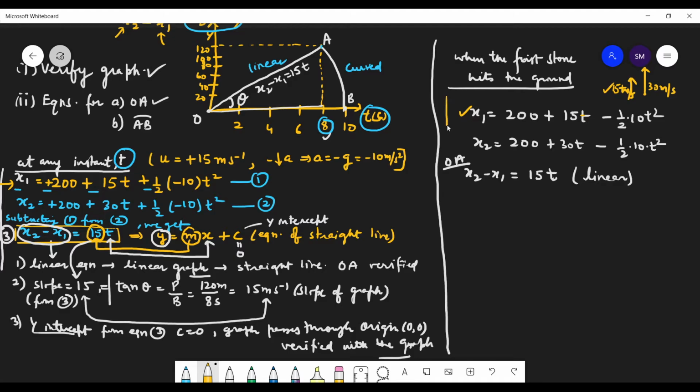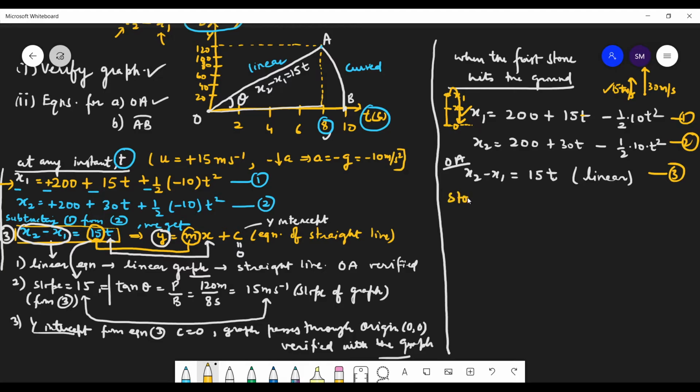So we have taken this as 0, this as x0, and this as x1. So that's the position at time t. So I want it on the ground. When it is on the ground, this x1 will be on the ground. So it will go up and then it will come on the ground. So what will be the position from the origin? It has reached the origin, right? Yes. This is equation 1, this is your equation 2, and this is your equation 3.